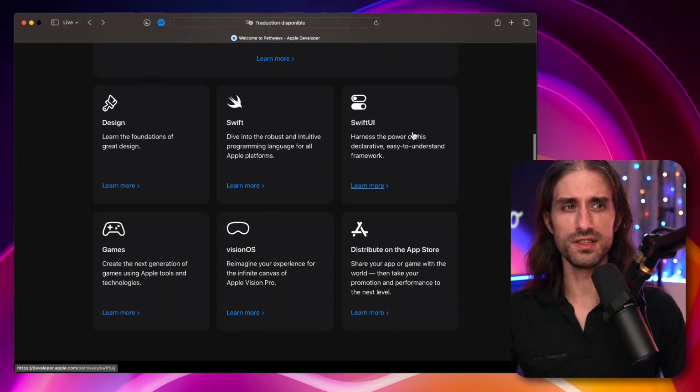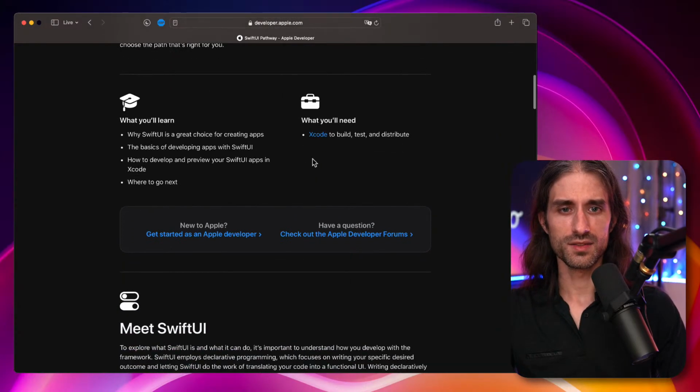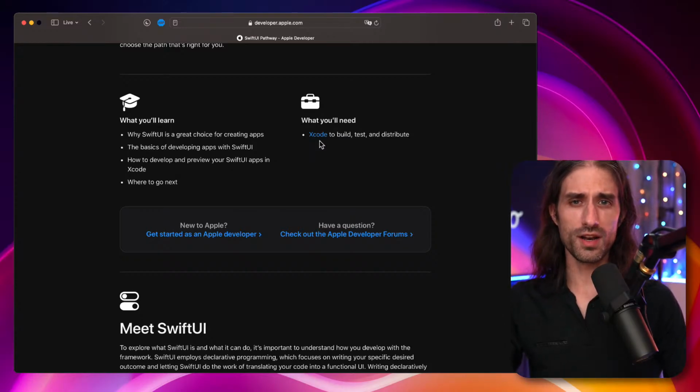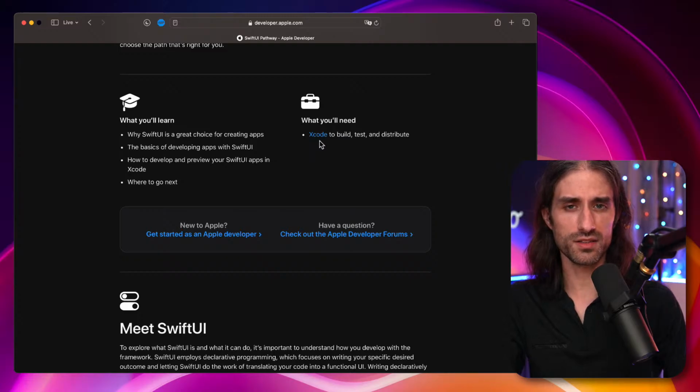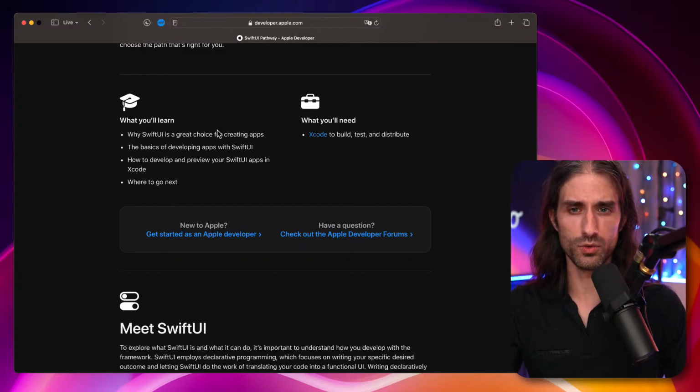All right, we've covered this pathway. Let's look at SwiftUI and maybe quickly Games and visionOS, but I will go very quickly through these queues. So SwiftUI, what do we have here? So here you need to have Xcode. There is no way around it, because even though there are some online tools to build Swift that can work, because you can build Swift on Linux using the open source version of Foundation, to build with SwiftUI, there is no way around using Xcode on a Mac. That's the only official way to do it.